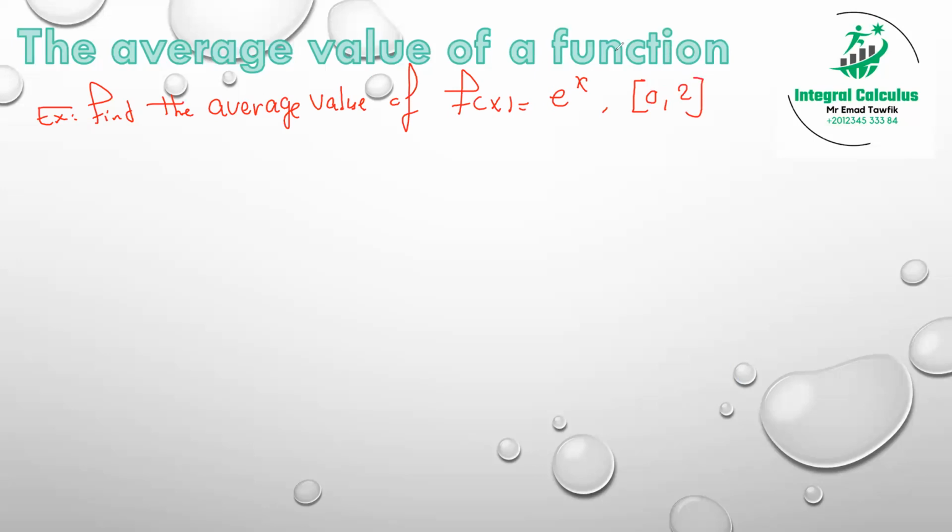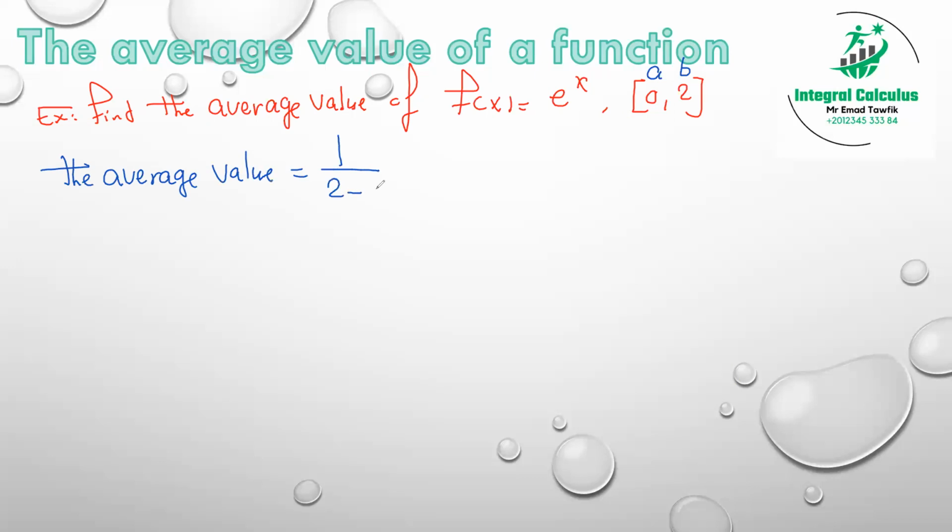Whenever I give you the interval, you have to get here a and here b. So f average, the average value for my function, is equal to 1